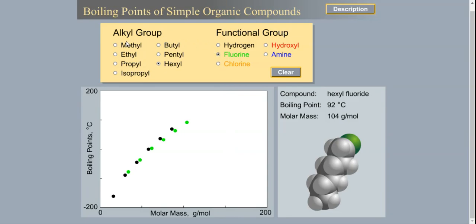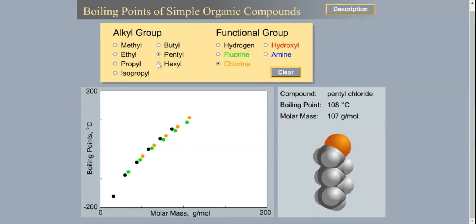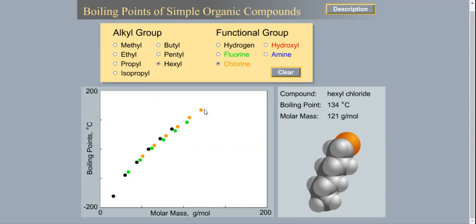Now you can see this effect very strongly when I have a chlorine, because the chlorine is a lot heavier. There are a lot more electrons, so therefore the temporary dipole forces of attraction would be a lot stronger. The permanent dipole would not be perhaps as strong as with the fluorine, because chlorine is not as electronegative as the fluorine. And if I click through this, you can see the effect of that heavy chlorine atom has increased